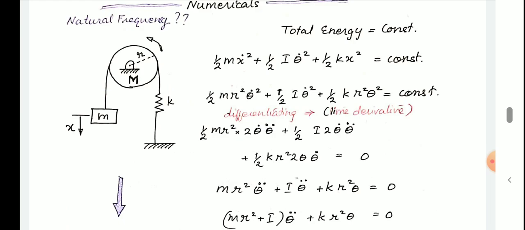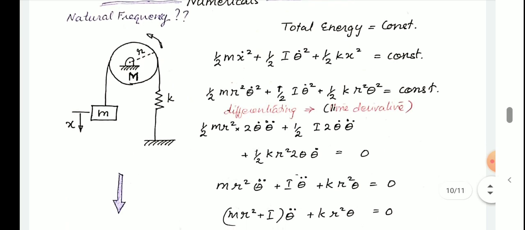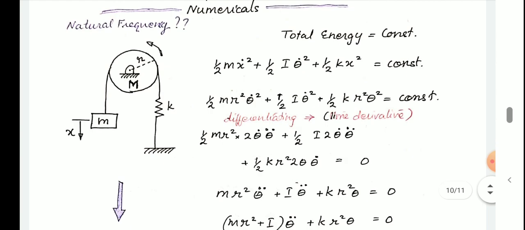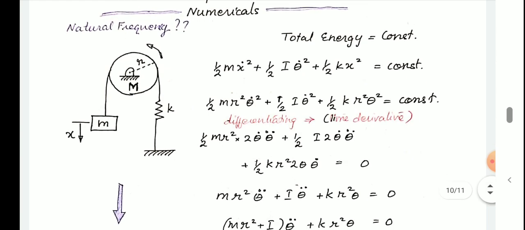See, apart from mass and spring, you have a rotating pulley also. It is a rotational system, not a translation system. For the mass, the displacement happening is translational, vertical. For the spring, the deflection happening is again vertical. But for the pulley, the displacement happening is rotation. So angular displacements are occurring. Hence,